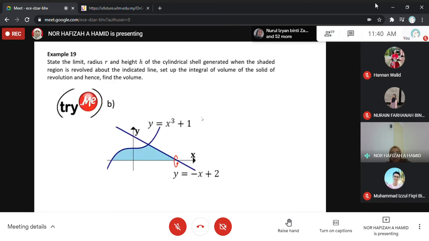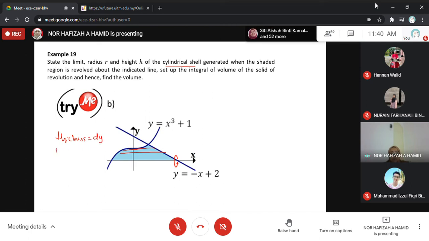So we need to solve using the cylindrical shell method. Okay, so it revolves about the x axis. So if we revolve about the x axis, we use the shell method. So we have to draw a horizontal strip, parallel to the axis of revolution. So if it is a parallel strip, its thickness is dy,